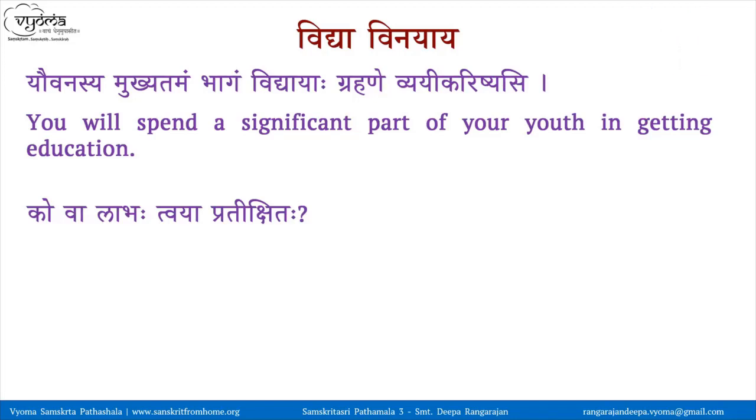Tatah param labha tvaya. Tatra karkashavyanjanam asti. Paravarnaha. So it will be labha tvaya. Lopaha bhavati. No. If it is karkashavyanjanam, we have not seen what happens. So we can ignore that. Okay. We have only seen swara and mridu vyanjana following the visarga. So kova labha tvaya pratikshitaha. So what do you get by this? Is it right? Yes. So what is the gain that you aim to achieve? Or tvaya pratikshitaha is what is expected by you. By this.